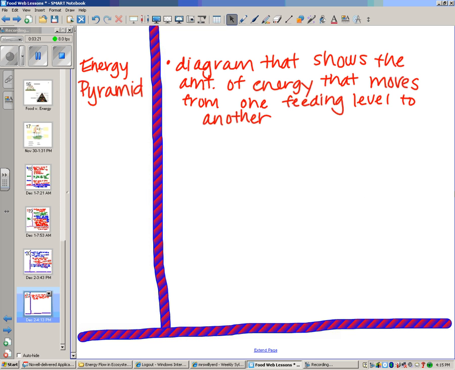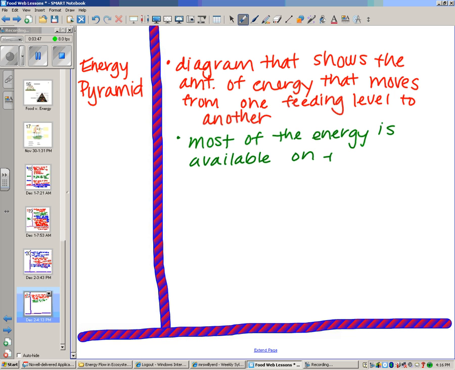Okay, so in this energy pyramid, most of the energy is available on the producer level. So that's the bottom level. So you can say it's available on the producer or the bottom